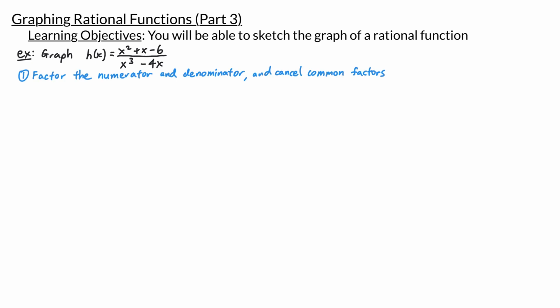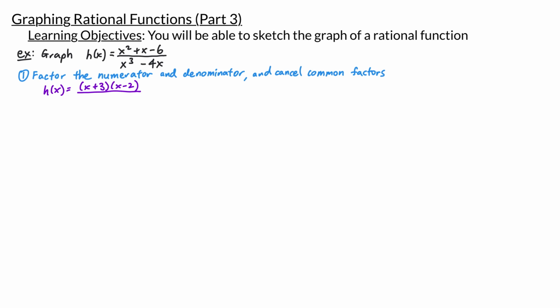Our first step is to factor the numerator and denominator and cancel out any common factors. So our function h of x here, let's rewrite the numerator. It's a quadratic, and we want to come up with two numbers that multiply to -6 and add up to +1. The two numbers that multiply to -6 and add up to +1 would be +3 and -2. So our numerator factors as x plus 3 times x minus 2, and our denominator, x cubed minus 4x, we